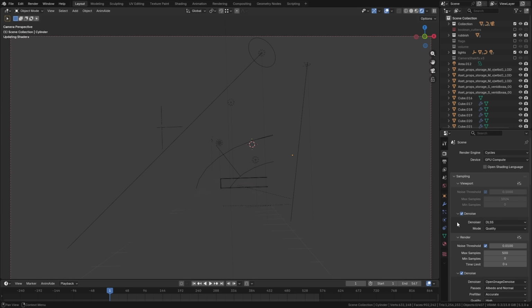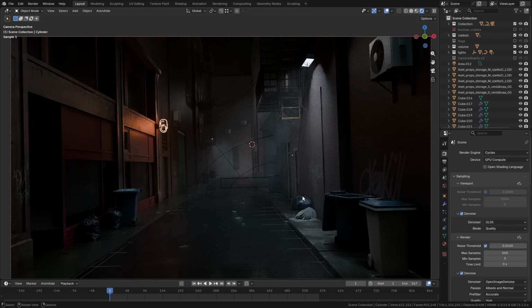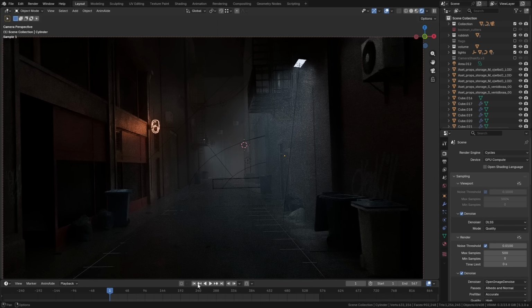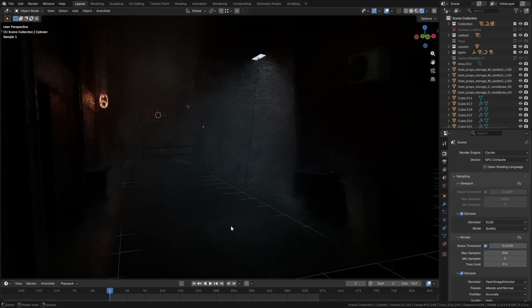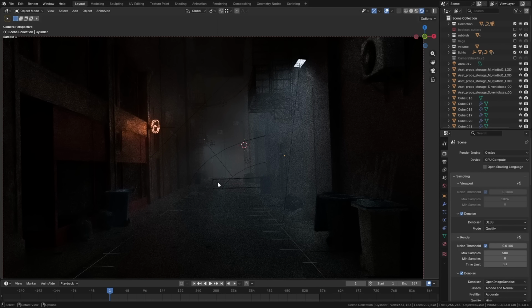But if we turn the denoiser back on and I enable the volume here, because this isn't the full scene, we should have some fog in this scene, which really adds a lot to it. If we turn the fog on, you can see that the fog appears very slowly, and that's because, frankly, it's just incredibly slow at working out volumes. So if we move around